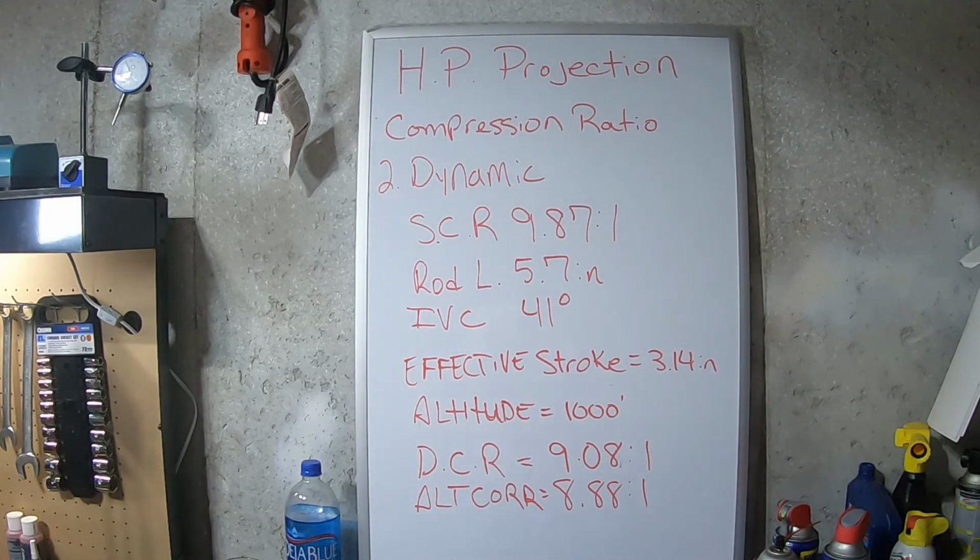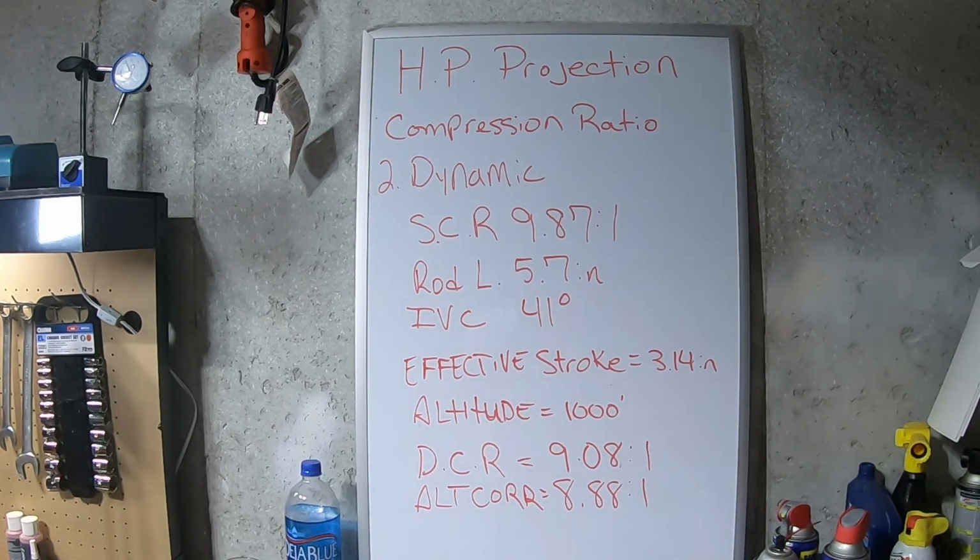The variables involved in calculating the dynamic compression ratio, beyond what we're required to calculate the static compression ratio, are your rod length and your IVC, intake valve closing point. This goes under the assumption that your intake valve is still going to be open for a period of time, a duration, while the piston is starting its travel up on the compression stroke. So we know the standard Chevy connecting rod for a small block is 5.7 inches, and those are the rods I have. The IVC, I don't know exactly what it's going to be because I have not selected the cam yet,